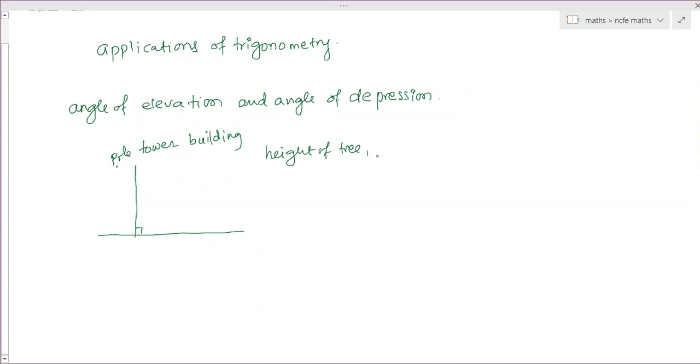Any person is standing on the bridge, so its height from the ground. Person on bridge, person in a plane, aeroplane, moving. So all of them, we consider their height from the ground as always the perpendicular height. Now, this tower is perpendicular to the surface, this is the height of the tower.